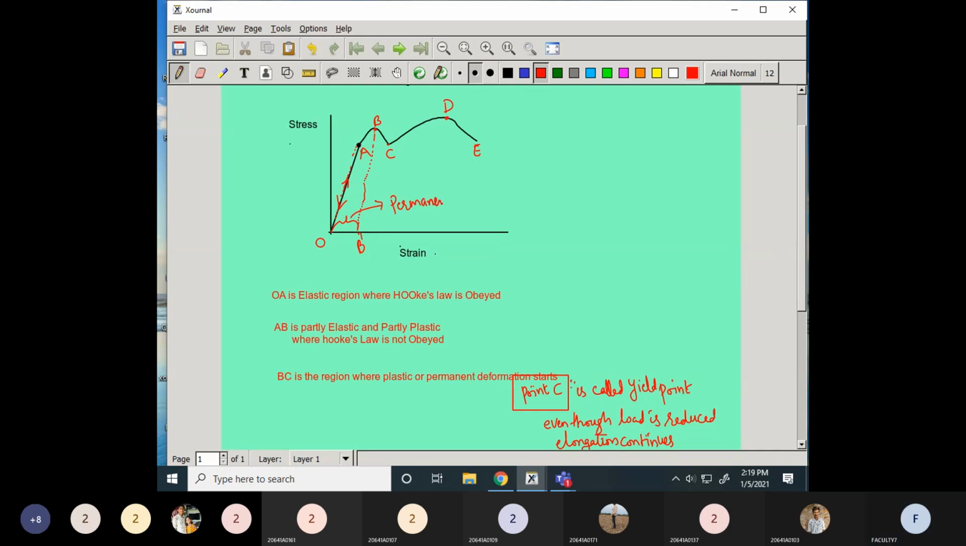Permanent set. So there is a change in the length of the material that will remain as is. A small portion of the material will have a deformation. We call it a permanent set. Now thereafter, if you consider between point E to point C, so here what you can expect, even though